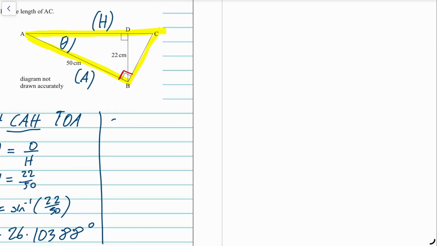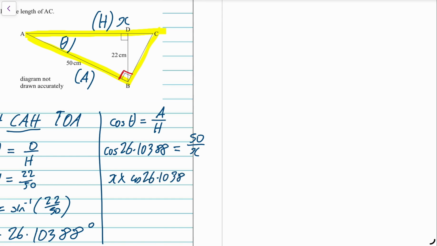So we'll just write down what that stands for. It stands for cos theta is equal to adjacent over hypotenuse. We fill in, so our theta from earlier was 26.10388. Our adjacent is 50. Our hypotenuse, we're going to give it a name, we'll call it x. So x times cos of 26.10388 is equal to 50,